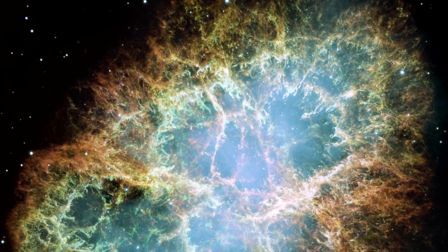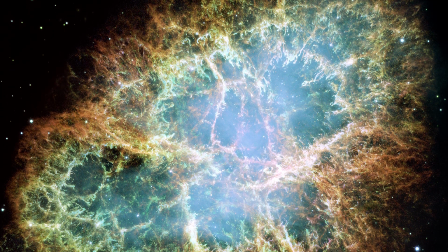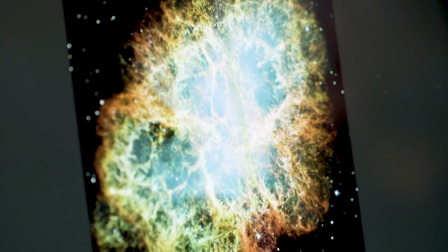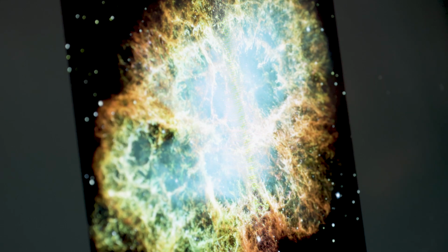This is an image of the Crab Nebula, which is one of the most famous and most well-studied astronomical objects ever. And it's one of the touchstone images from the Hubble Space Telescope. It's just the most beautiful, awe-inspiring image you can imagine. Technically, it's actually called a pulsar wind nebula, and we can connect it to events in history going back to